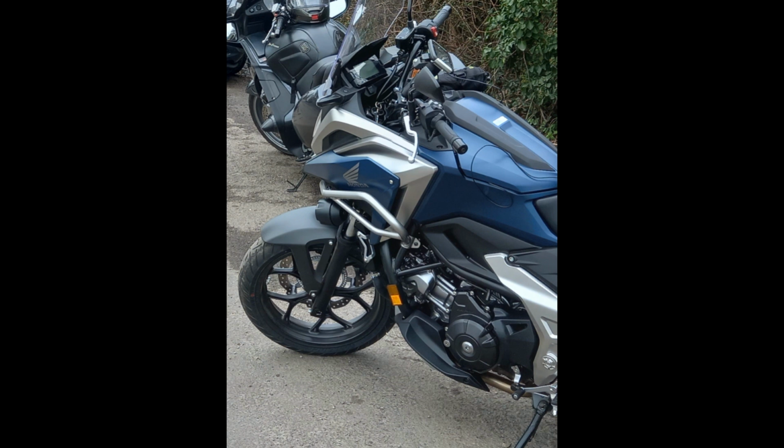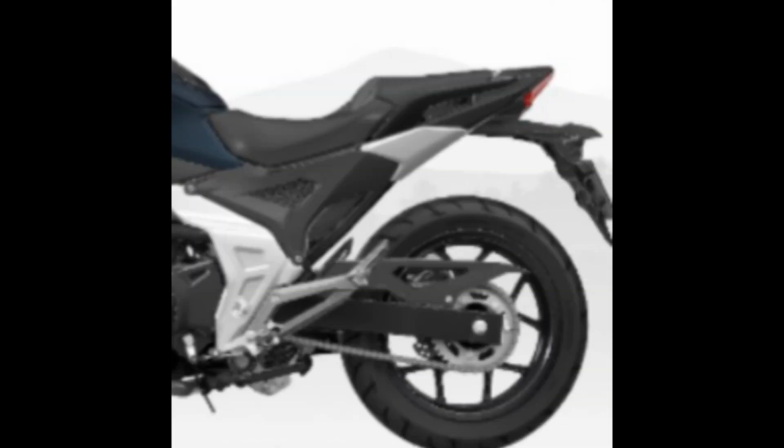Where are we now then? Right, refueling. I've done a little video already about my concerns that the fuel tank is under the rear seat on the NC750, and what would happen if the key was not to work, or there was a fault with the lock or a fault with the cable. I think it could be a design flaw in that the key that unlocks the rear seat to allow you to access the fuel tank